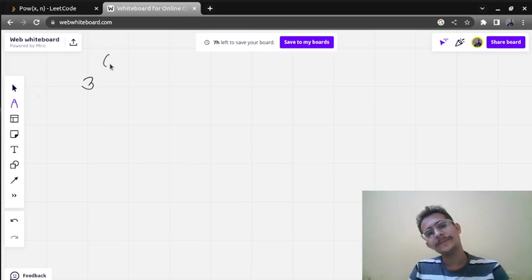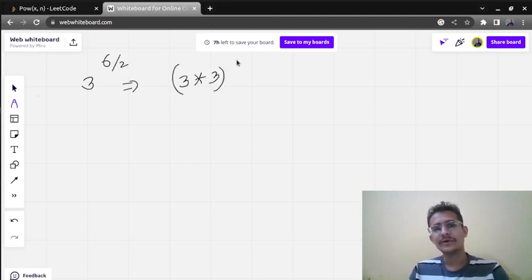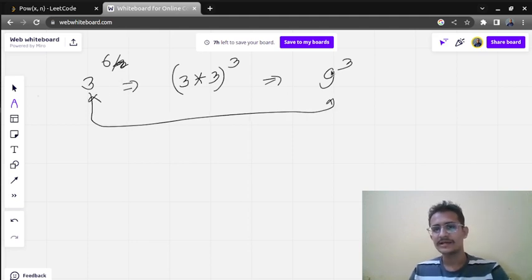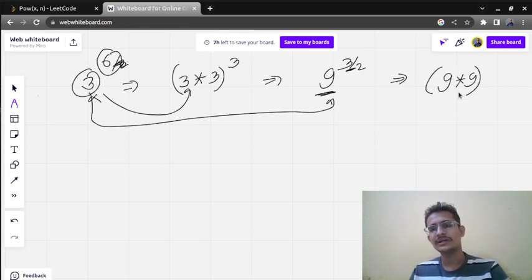Let us take some other example, so it will be a bit easier for us. Let's calculate 3 to the power 6. We know that 3 to the power 6 can be written like this: 3 into 3 to the power, if we divide 6 by 2, it will become 3. So we can write like this: 9 to the power 3. So both will have the same value. This time we have divided the power by 2, and we multiplied the base with the same number. Here it was 3, so we multiplied 3 into 3. Now we need to multiply 9 into 9, but this time the power is 3 by 2, it will be 1.5. So we need to deal with this also.